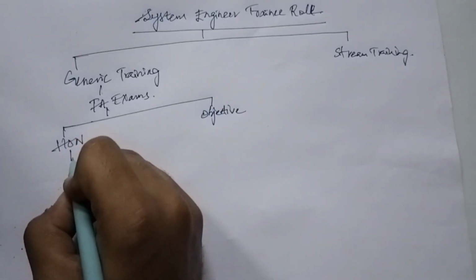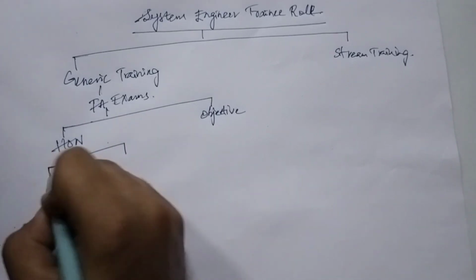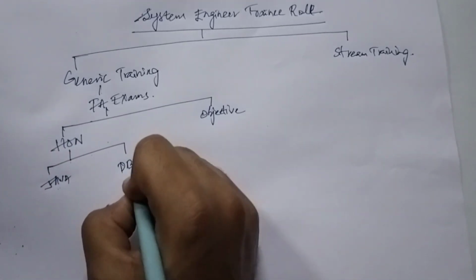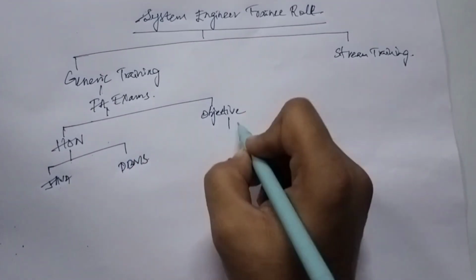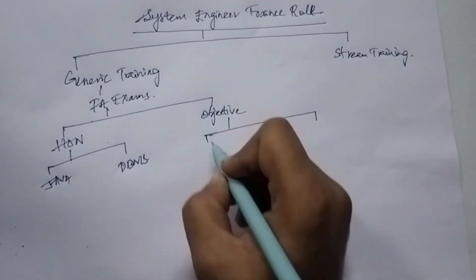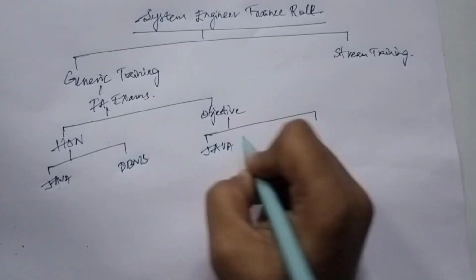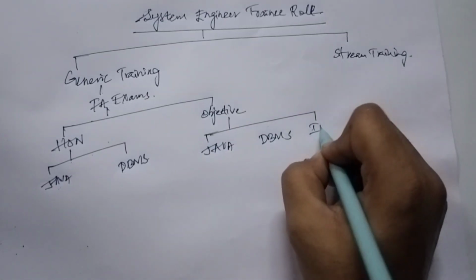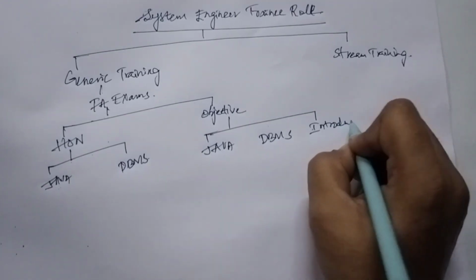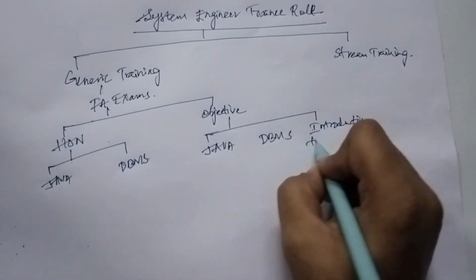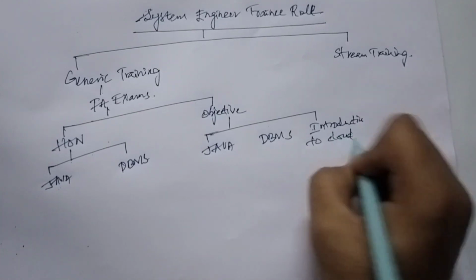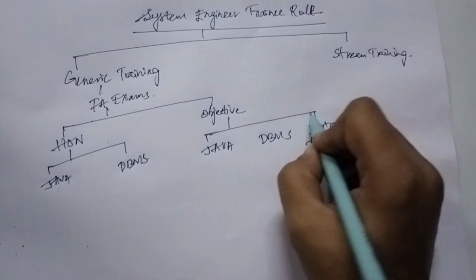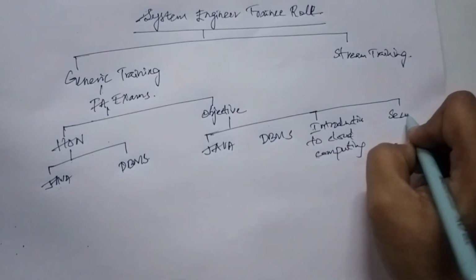The subjects involved in the hands-on part are Java and DBMS, and the subjects involved in the objective part are Java, DBMS, Introduction to Cloud Computing, and Secure SDLC,